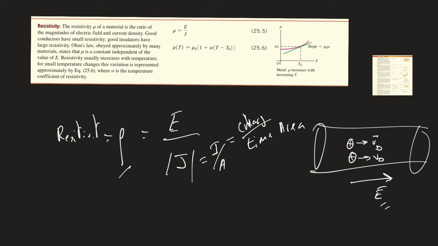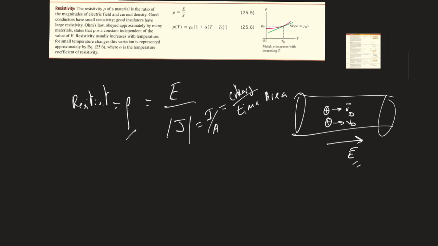And the resistivity is bigger if the temperature increases. Why? Because if the temperature increases, the vibration of the lattice of the atoms, of the nucleus of the atoms here, is much bigger, and this vibration makes more collisions between the moving particles and the lattice, in a way that more collisions means more friction, so the velocity v sub d decreases and the resistance increases,